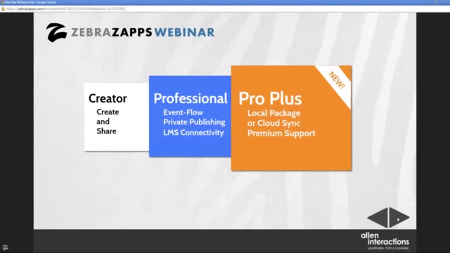Right now, some people will ask, well, what does it cost? Well, we have three levels of ZebraZapps. There's Creator. When you saw us having multiple events so we could have multiple scenarios, the Creator only allows you to have one event, and people who are building apps, things they may put on Facebook or on their own